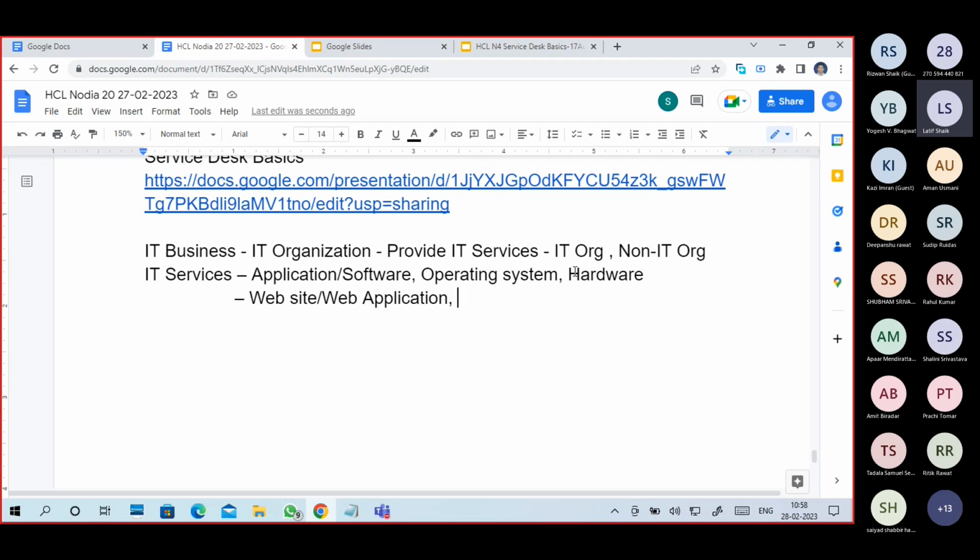Now, say I want to apply for a passport. There's no need to go to the passport office for applying. For the application, I can go to the passport website, enter my details, and submit. Take a receipt from it, pay the amount, and you get a receipt. Then go to the passport office on the particular date and give the receipt, and they will confirm you are there. They will take your thumb impression and photographs, and they enter the details. Next is verification, and then you will get a passport.